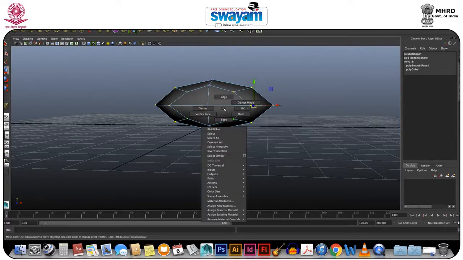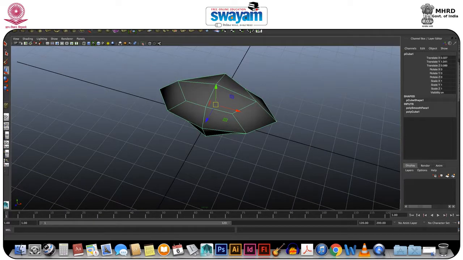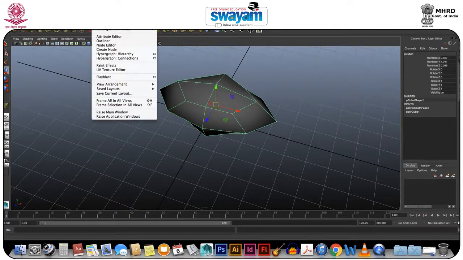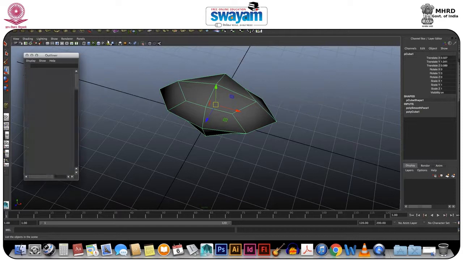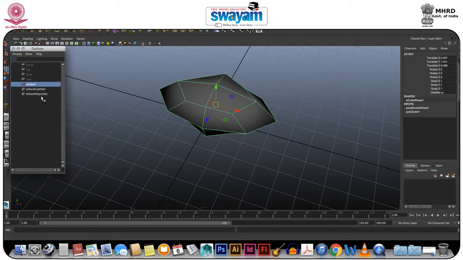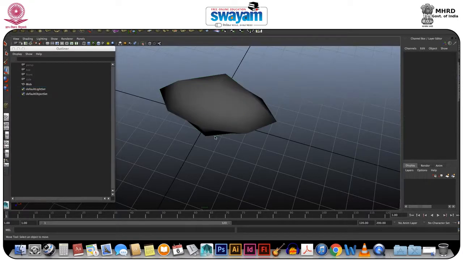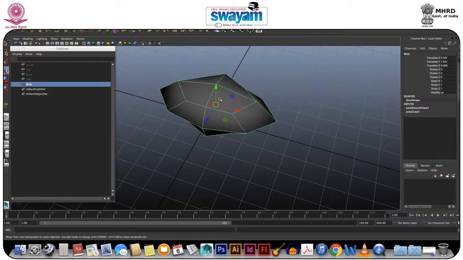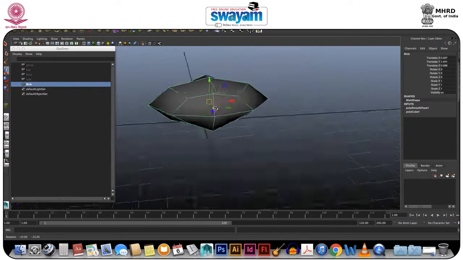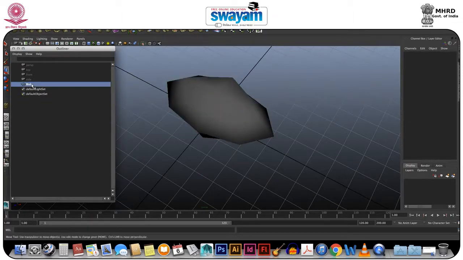So I will make this particular thing thicker, into a kind of structure, and go to object mode, and I will rename this. For renaming I will go to window and here I have the outliner. So I will adjust this outliner here, and I will give it the name blob, as it has viscosity and will have a jelly-like structure. So I will rename it blob. Okay,